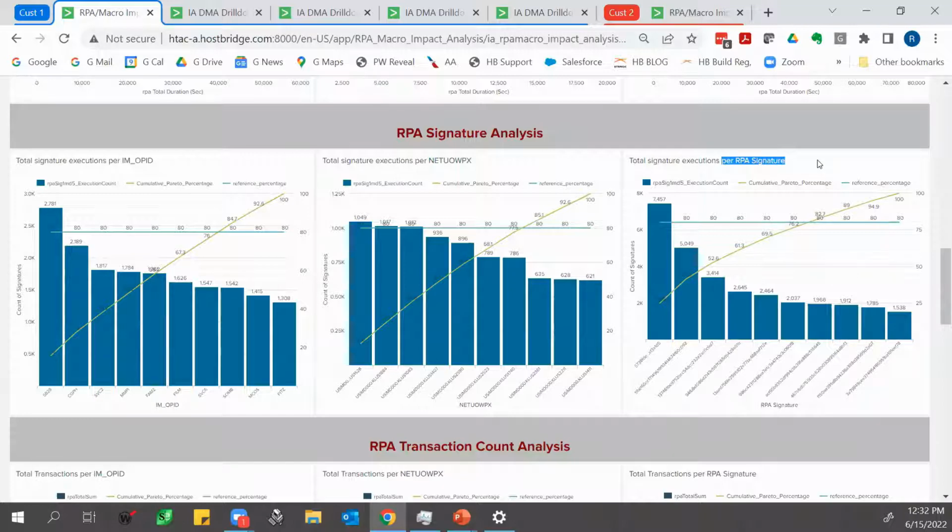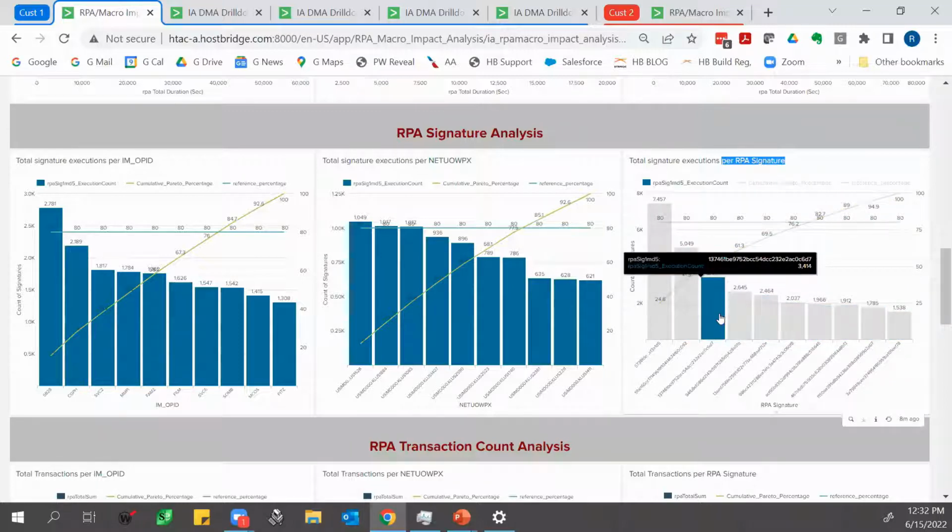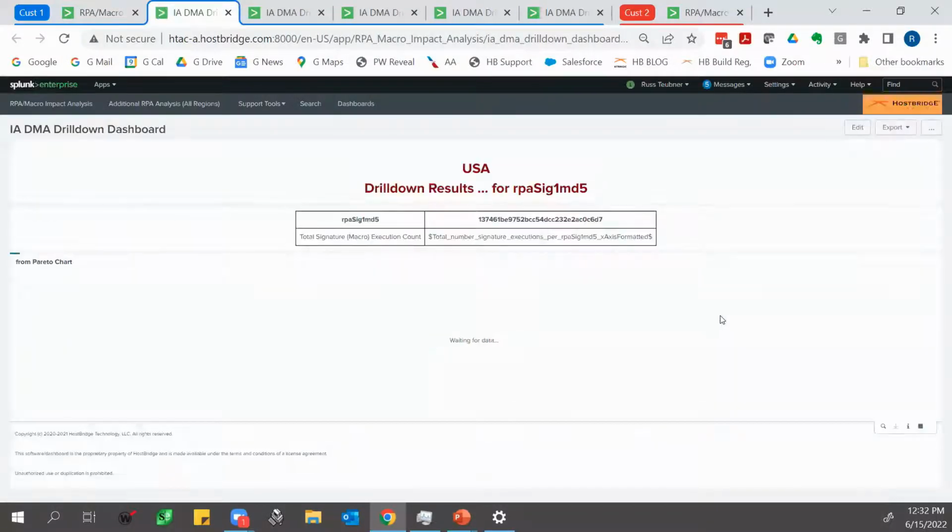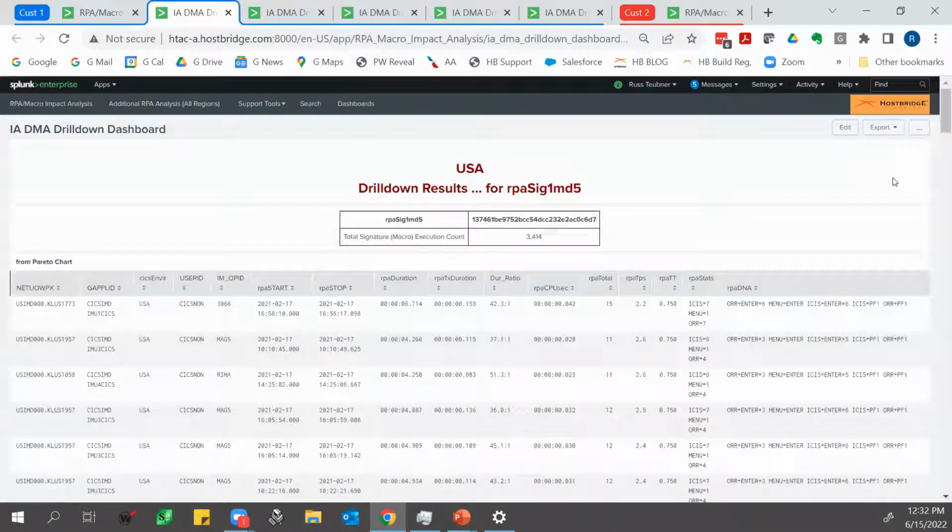In other words, you don't need to fix everything. All you need to do, and what the tool is intended to show you, is what are the things that are really worth your time and will give you a good, solid payback for your efforts